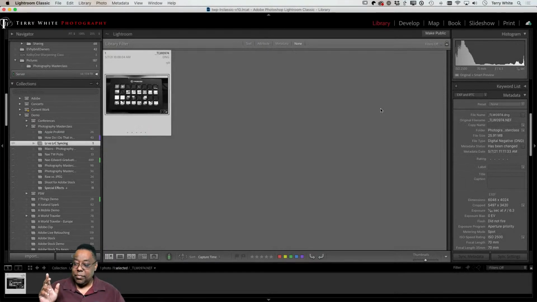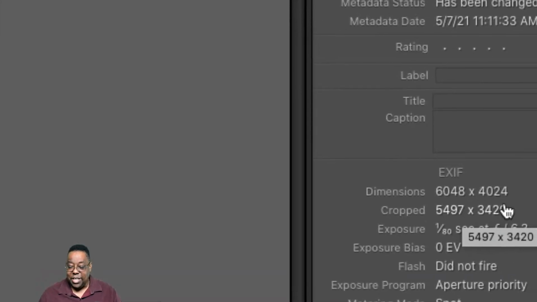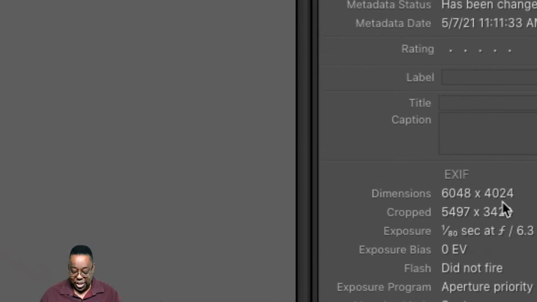And even though the iPad only had access to a smart preview, I'm back in Lightroom Classic on my desktop. I've got access to the full resolution. I'm still using the full resolution, the original 6048 by 4024, but it's been cropped down to this. And that's fine, but I still have all this resolution left.